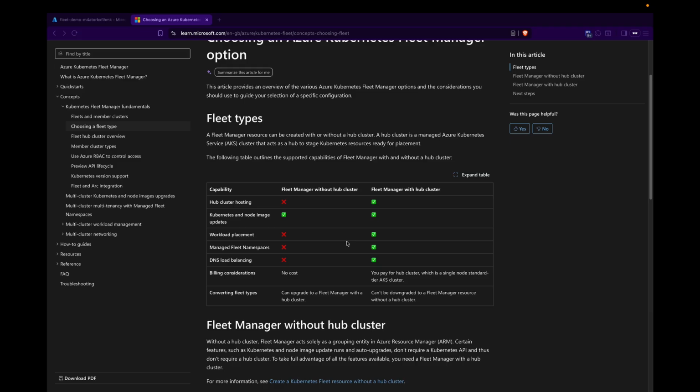One of the fleet types available for us is we can create a Fleet Manager without a hub cluster, and we have an option of creating a Fleet Manager with a hub cluster. If you are creating a fleet without a hub cluster, the features are very limited. That means you cannot do workload placements, manage fleet namespaces, or DNS load balancing. Those kinds of features are not available,